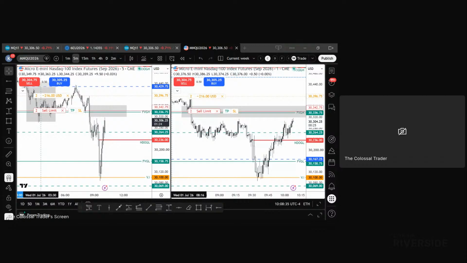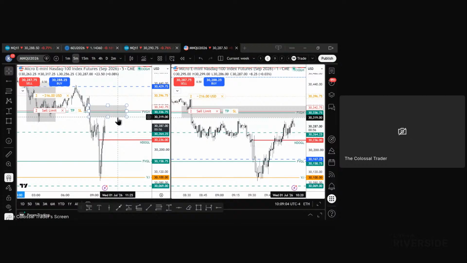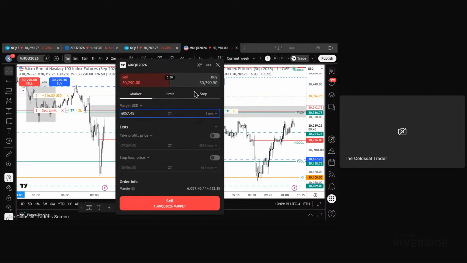By the way, US 30 is going through the roof. I'm talking about this is just flying. US 30, like what is he doing? This might not even hit that 5-minute level because it's already hitting a 15-minute level here. Order filled. What did I just do? What's the order filled? So what I'm gonna do, I'm gonna sell one here because I see something,